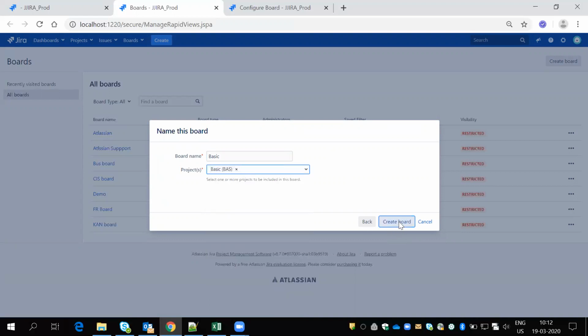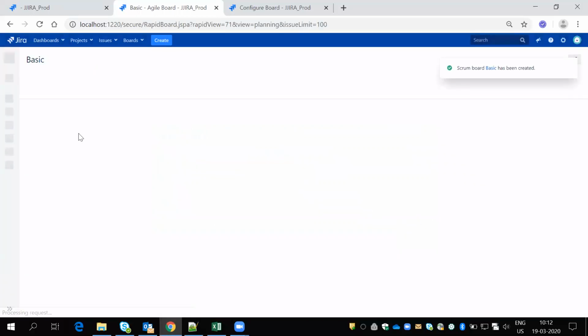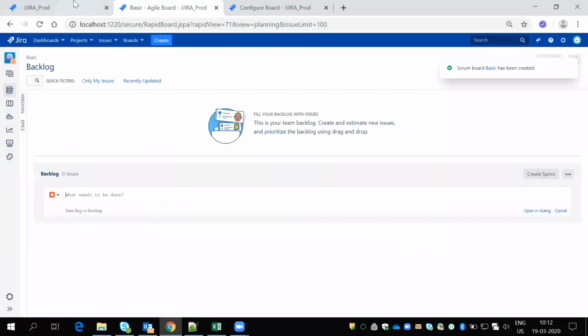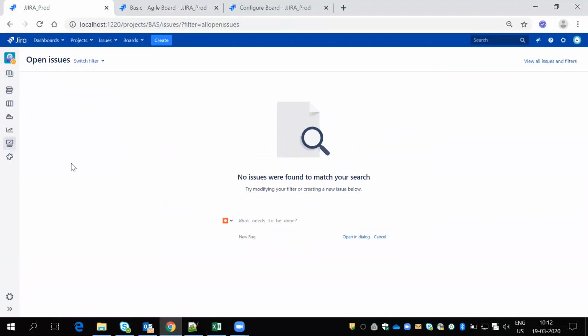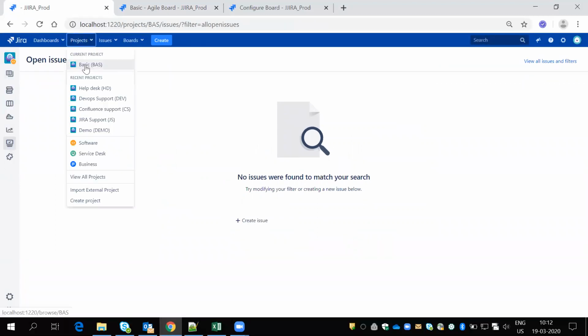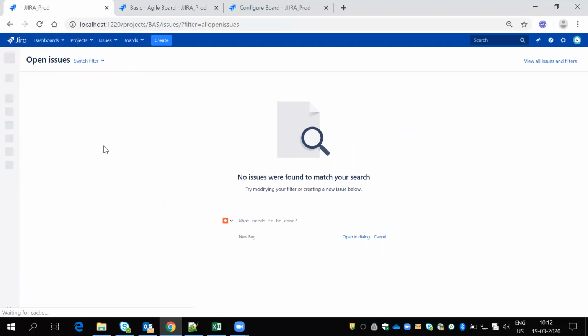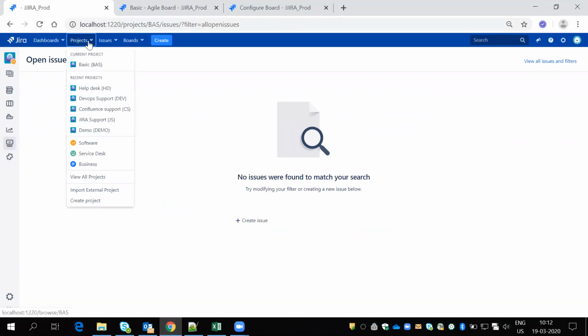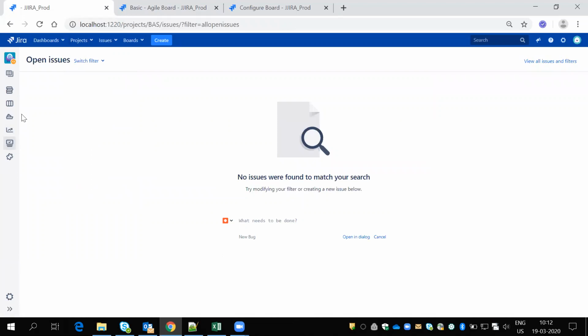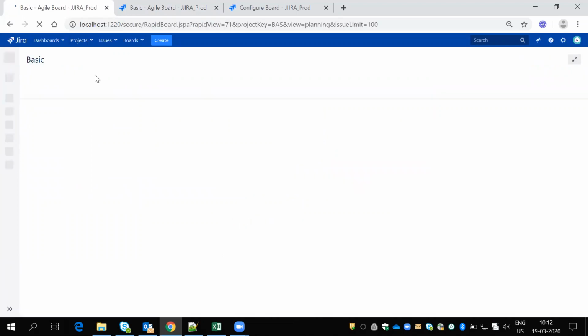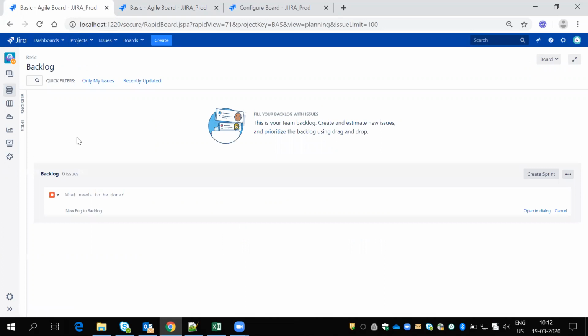So I'll just create it. Once I create it, it will be converted to a Scrum project. So here also, if you refresh, this will be changed to a Scrum project.